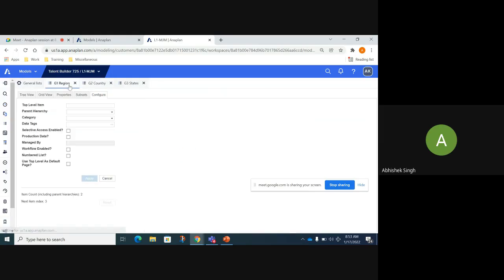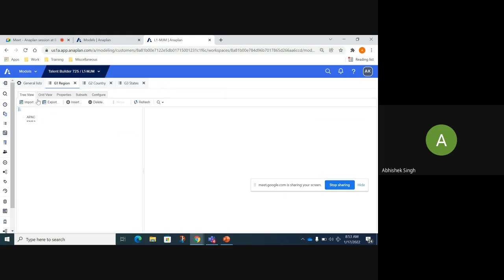Now you have something like G1 region as well, and you see APAC and EMEA. So here, ideally, you can't tell what's the total sales in the world directly. You need to add APAC plus EMEA, and then you can tell me the figures, right?